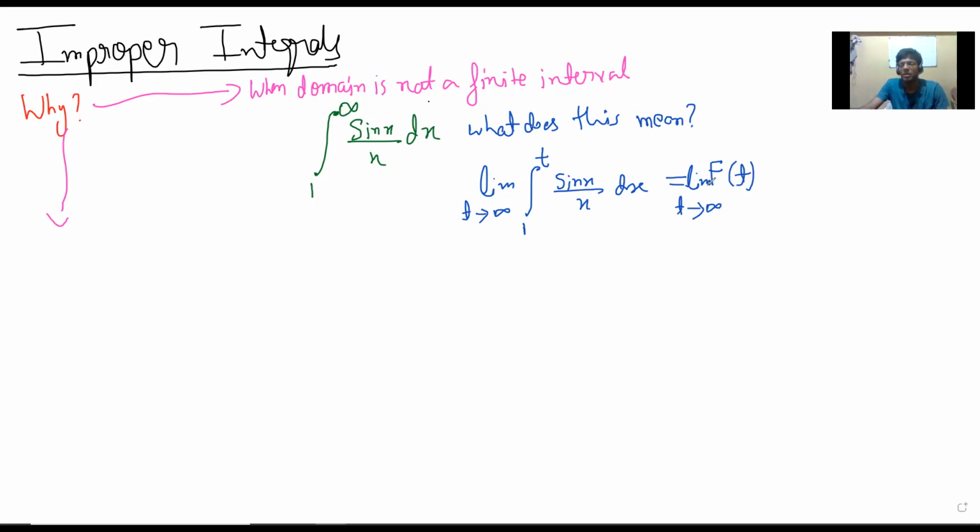But remember that it is not some arbitrary function. This function is the integral of something. This limit is not so arbitrary. If you replace this situation by, let's say, sin nx by x, and you fix the range from 1 to 2, and then you take the limit as n tends to infinity,